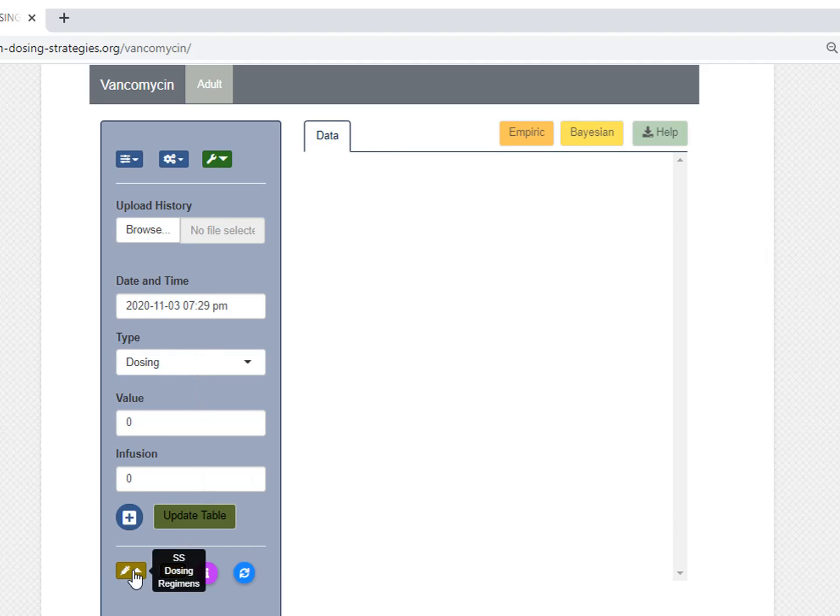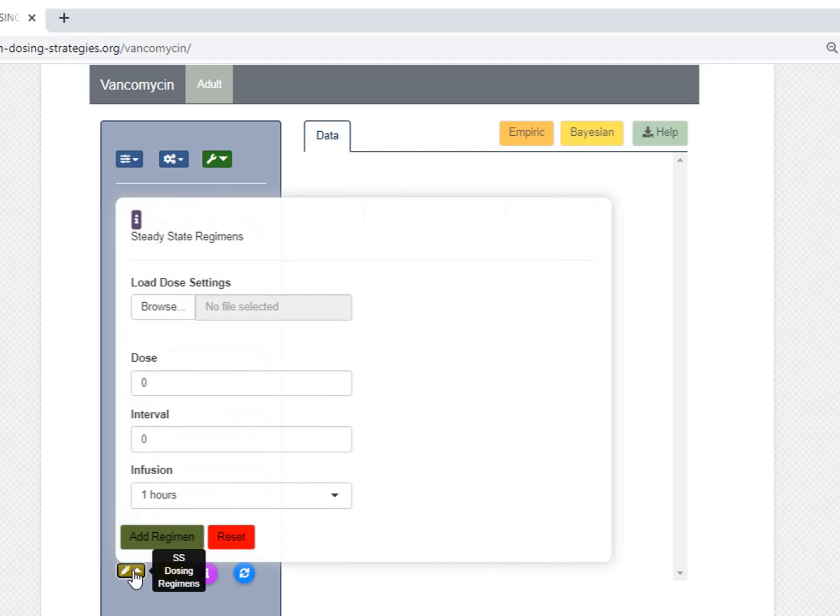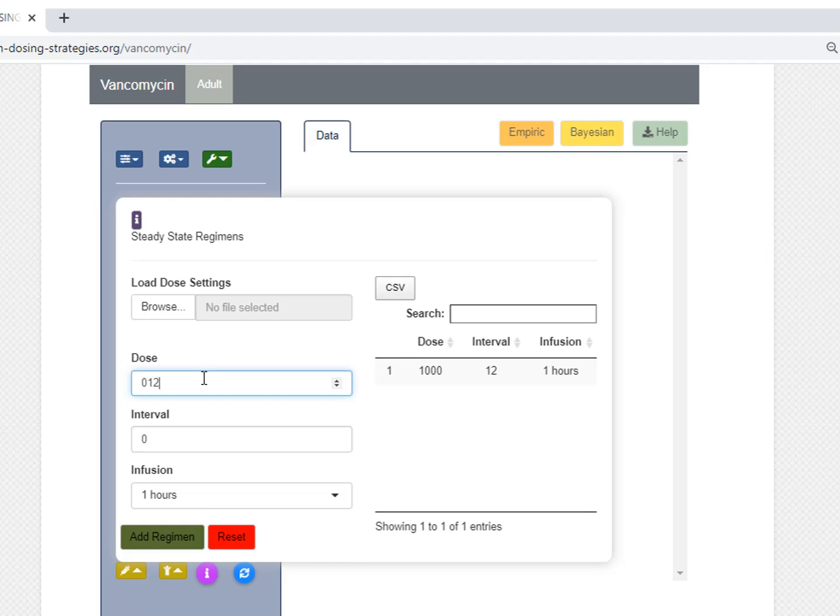Going around in a clockwise fashion, the next button to control input fields is the steady-state dosing regimens. This form is used to enter regimens to be evaluated during steady-state dose optimization. As an example, let us enter a few dosing regimens like 1000 milligrams every 12 hours over 1 hour infusion, 1250 milligrams every 12 hours over 1 hour infusion, 1500 milligrams again every 12 hours over